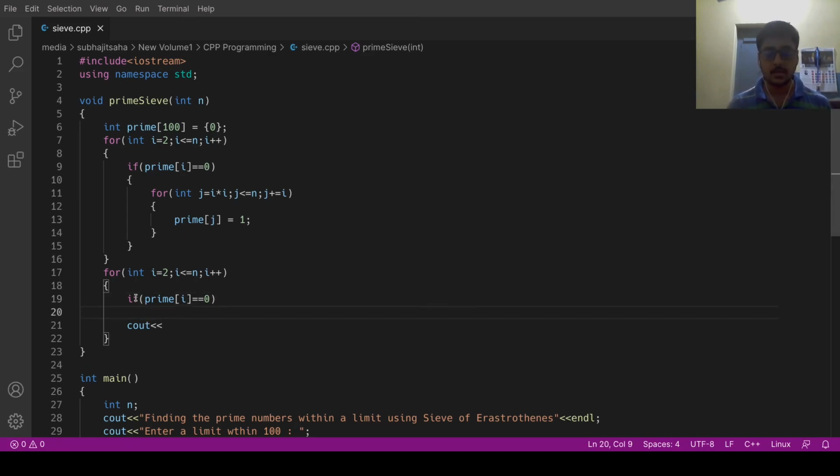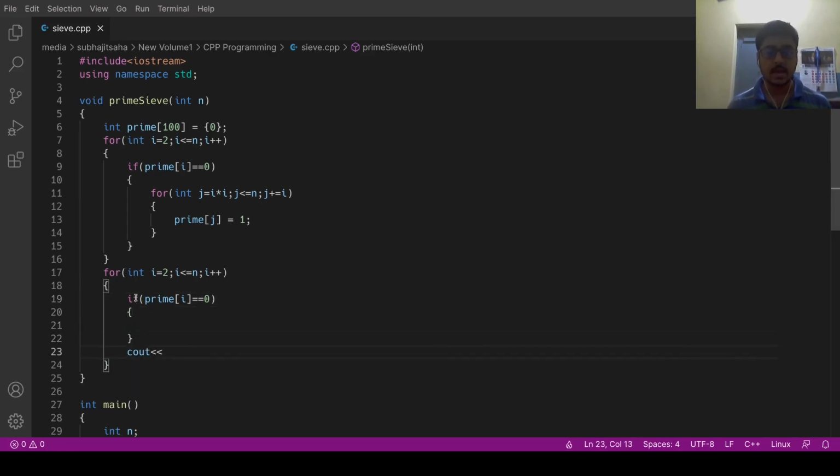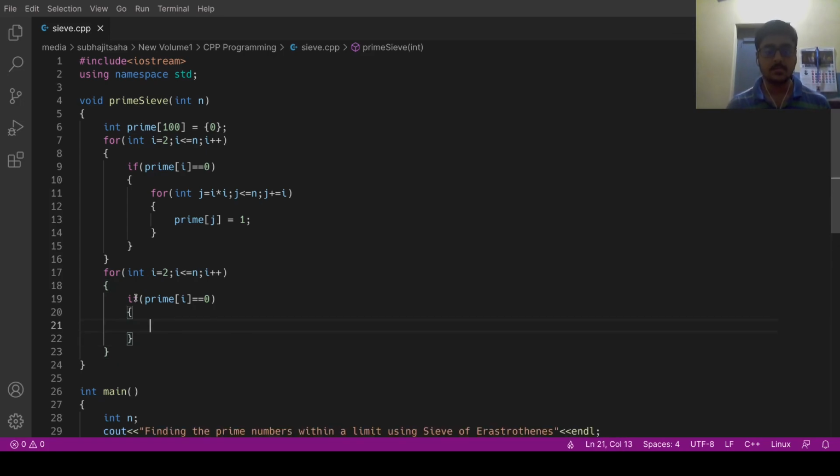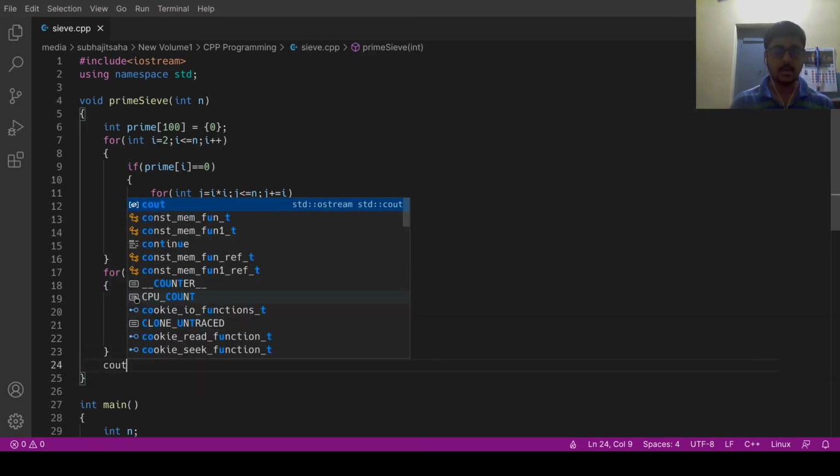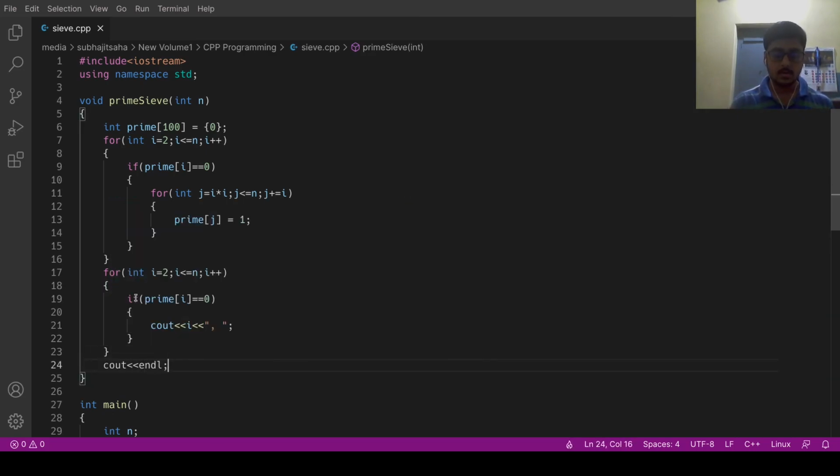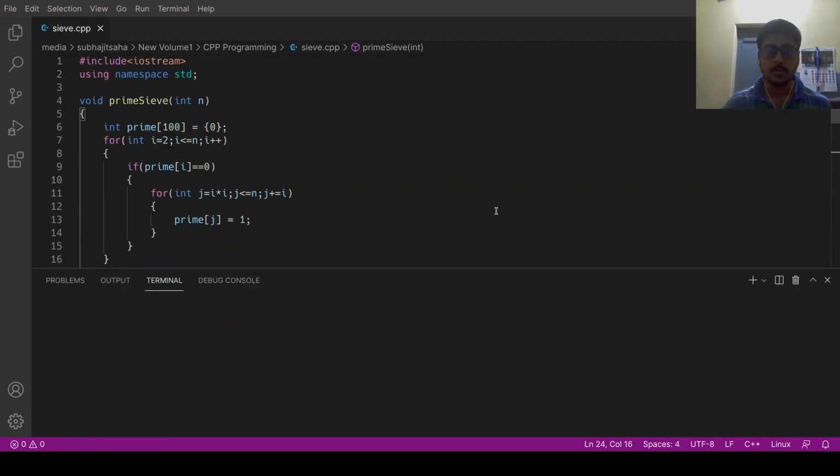That's why I check that condition, and I'll be printing the index with cout i, a comma and a space. Last of all, I take an endl so that it moves on to a new line. So I've completed writing the code, and I hope it will be executed properly.